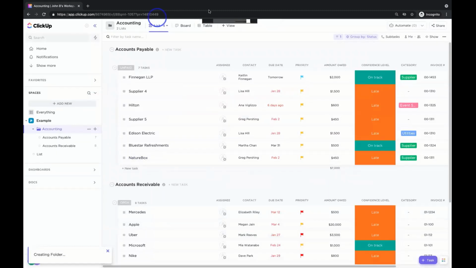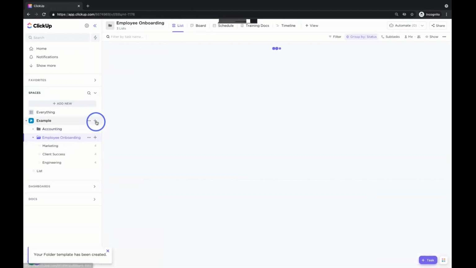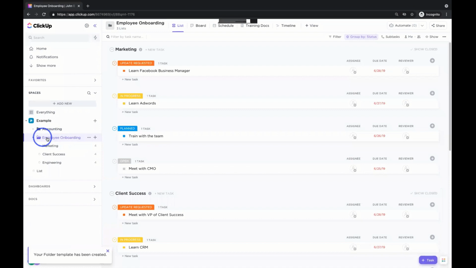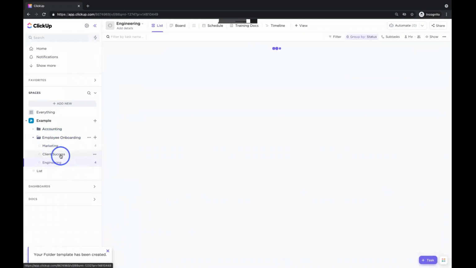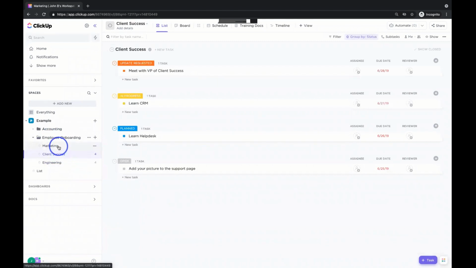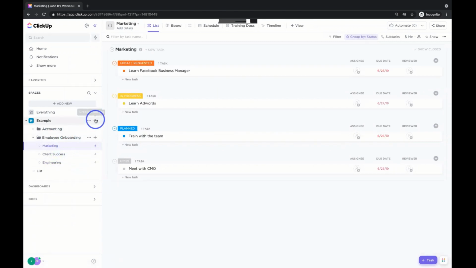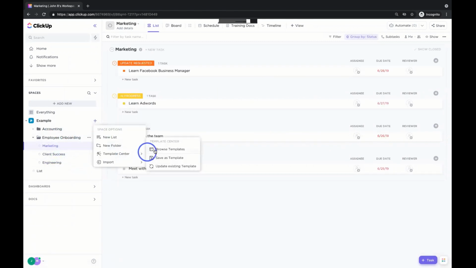And then we're going to build out at least one more here to make sure that we have everything the way we want it to. We got to make sure we're building out a decent amount here, right? So we're going to see we've created this folder for employee onboarding. You can see it's broken up by different departments. Those different departments might have separate tasks for those employee onboardings.